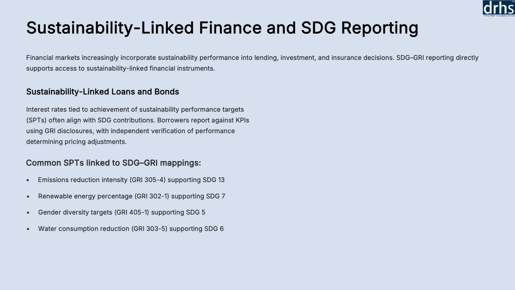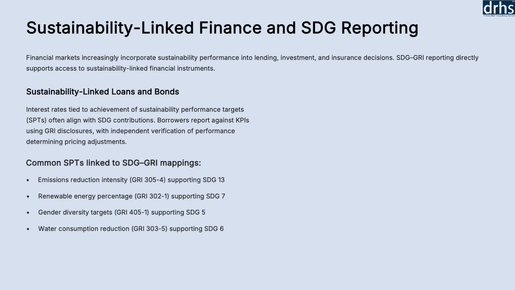SDG-linked disclosures, particularly under GRI Standards, enable transparent monitoring of progress against SPTs, reinforcing credibility and reducing the risk of greenwashing. Common linkages include climate action, SDG 13, clean energy, SDG 7, gender equality, SDG 5, and water stewardship,